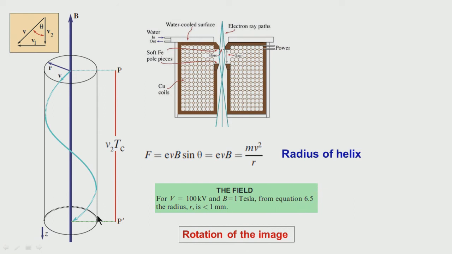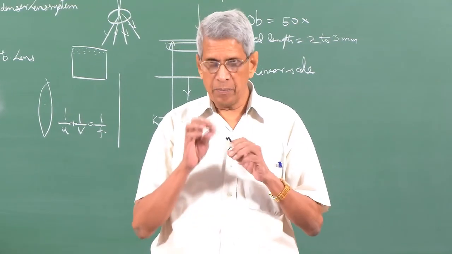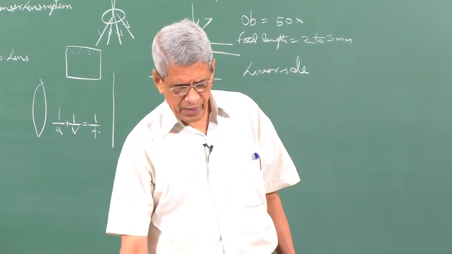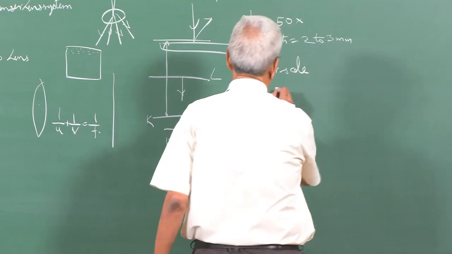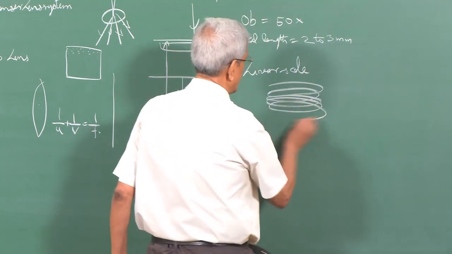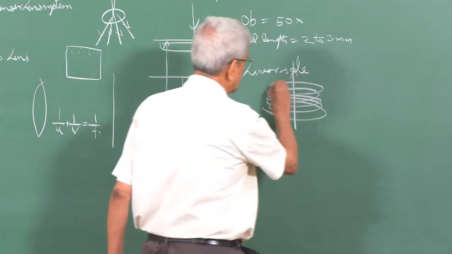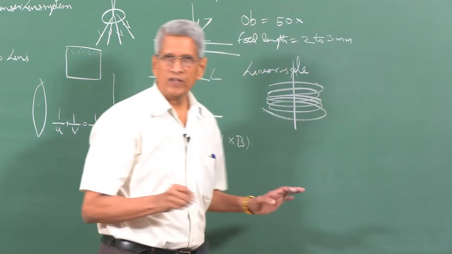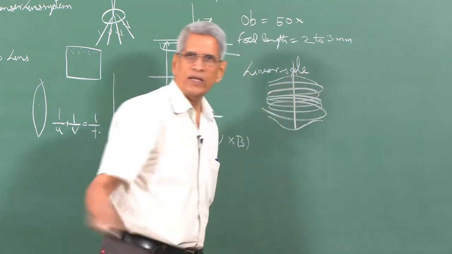Then, as I mentioned, there is a rotation of the image also occurring. How are these electromagnetic lenses made? If you take a wire and pass a current through it, we know that perpendicular to it a magnetic field is generated. In a microscope, you make a coil like a solenoid, like this. This is the direction in which the field will be applied, and at these two ends the flux lines will be there. This changes the field lines like this.